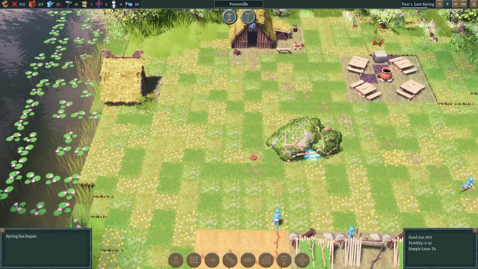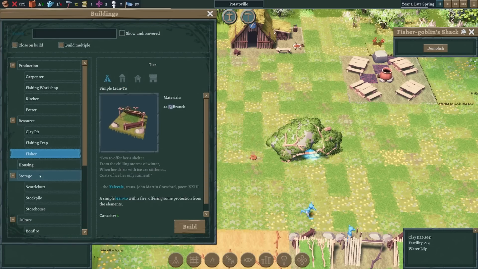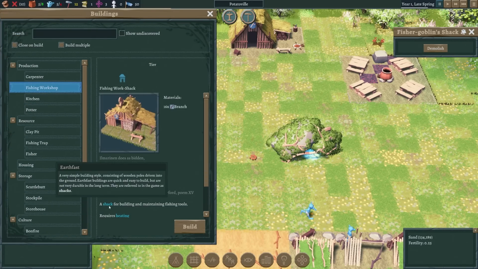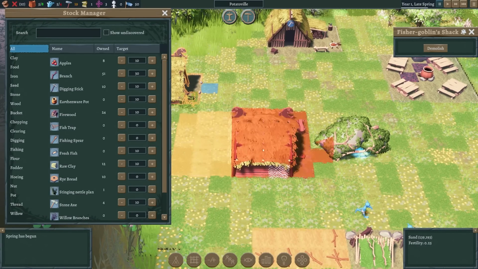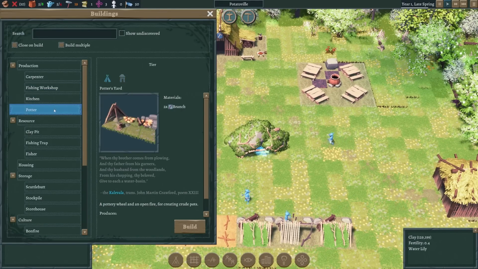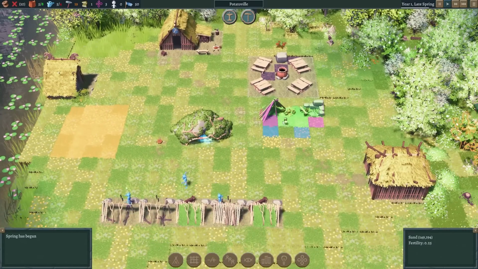Anyway, the fishing pathway is kind of simple. We need to get ourselves a fishing workshop in order to build fishing tools in order to catch fish. We can get that done right over here. That seems fine to me. And also, what did I say? I needed to get a potter. Yeah, I need to get a potter, which is going to allow us to build